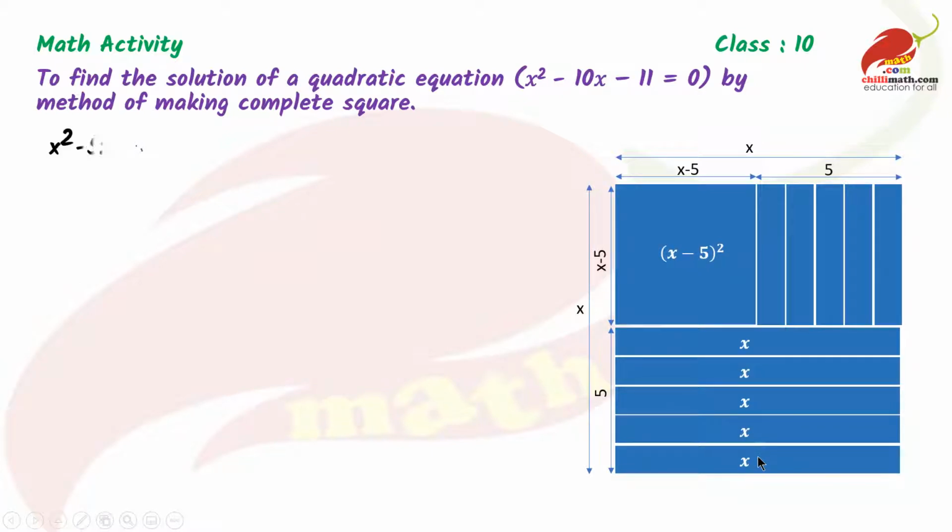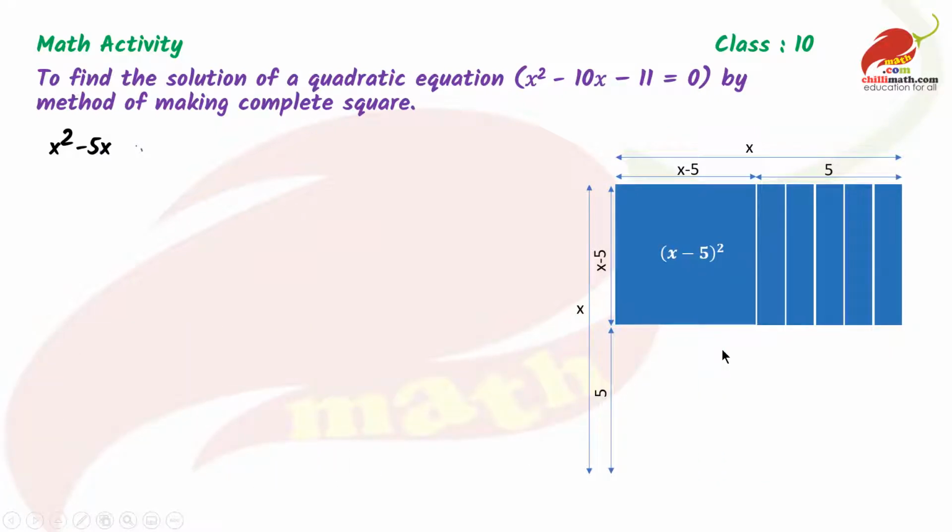Now writing in equation, from this whole square, that is x square, we have to subtract 5x. So this area is equal to 5x, these 5 strips. So we subtract these 5 strips. Again we have to subtract 5x, but here we don't have 5x because this length is not equal to x. X is this much length and this is only x minus 5, and we need to subtract another 5x to get minus 10x.